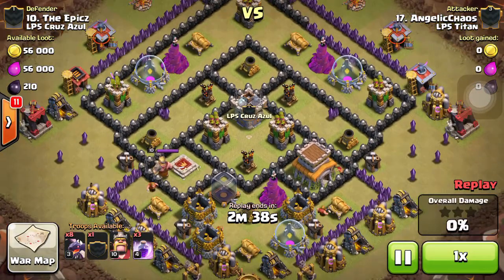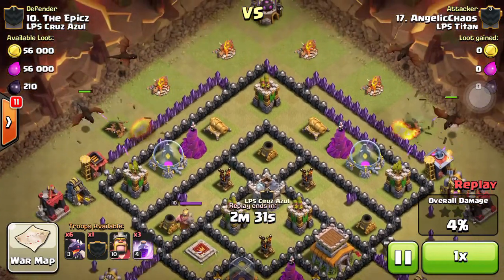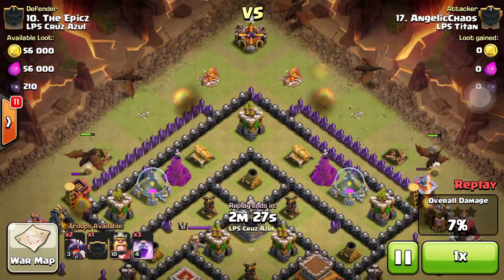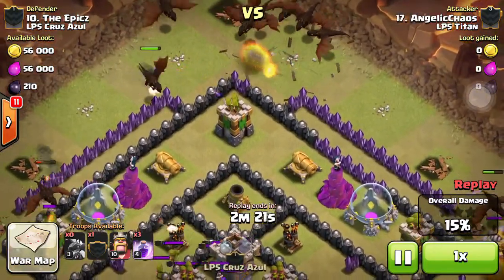So both these members, awesome Titan members. Epics, he's an elder here in LP5 Titan. But you can see here he's dropping his dragons in a decent line so he can funnel them all, and then he drops them all at once. So he created a funnel right here, so all his dragons are going to go straight down the middle here,